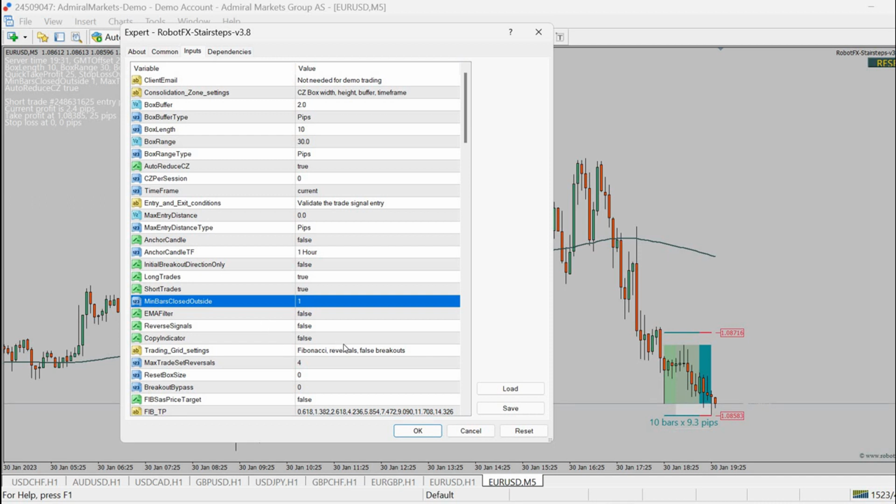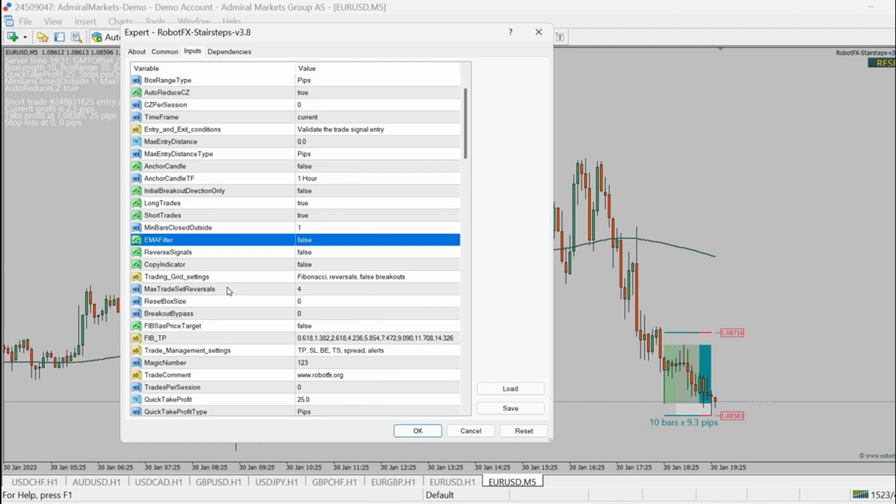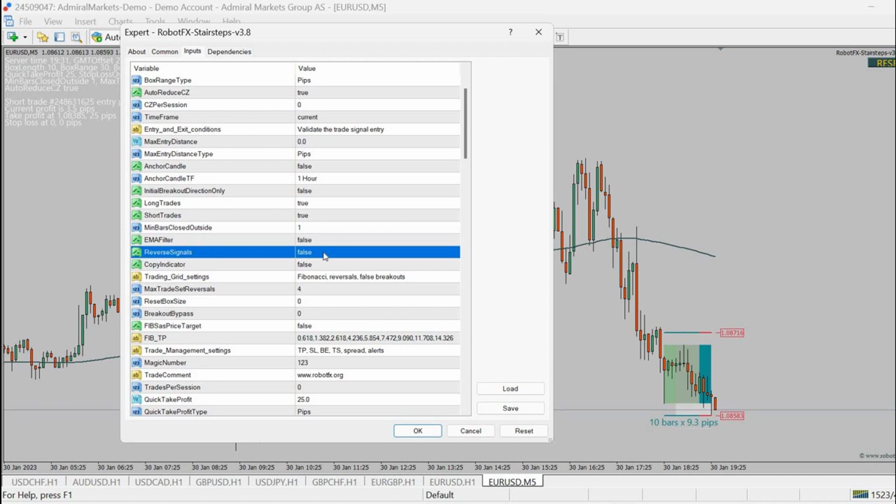Now I want the candle to close, and then I want the expert advisor to place the trade. There's the possibility to use a moving average. We call it EMA filter, but it can be any moving average. Well, exponential moving averages are the most popular, and that's why we stuck with this name. And the settings, we will find the settings later. In my settings, it is set to false. And we have the possibility to instruct the expert advisor to use reverse signals,